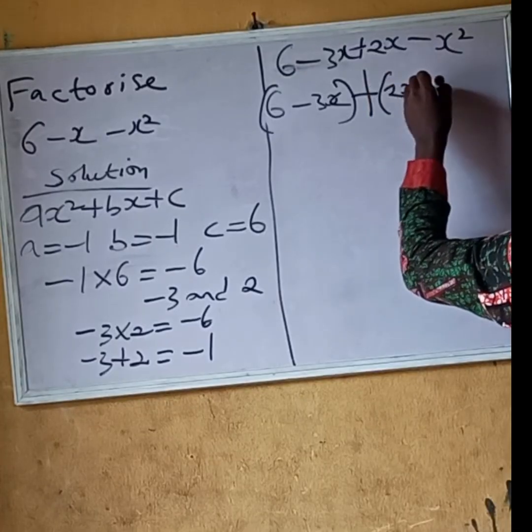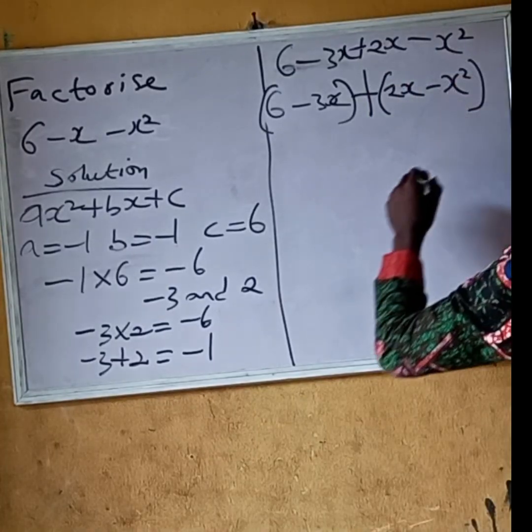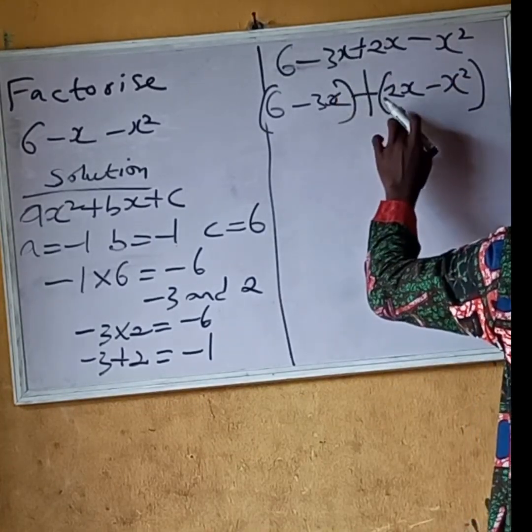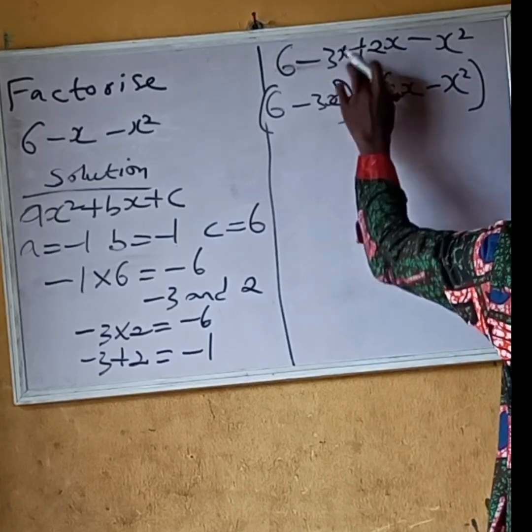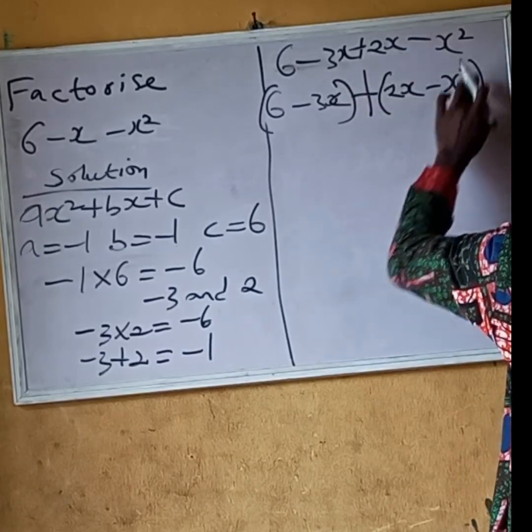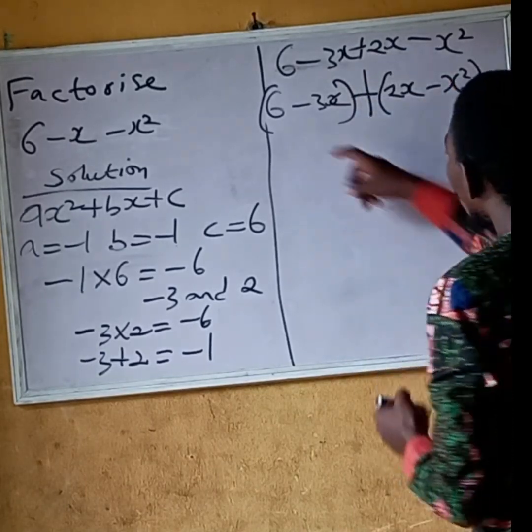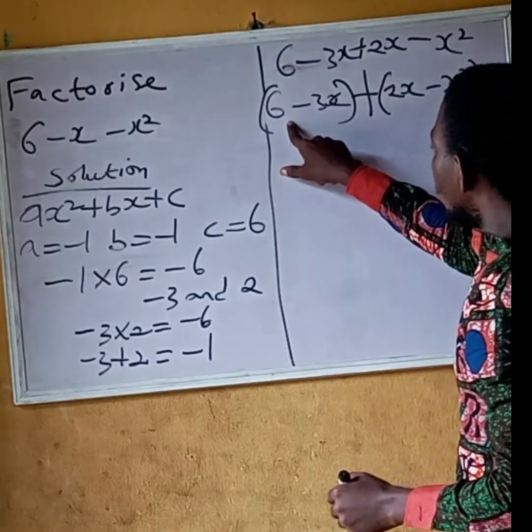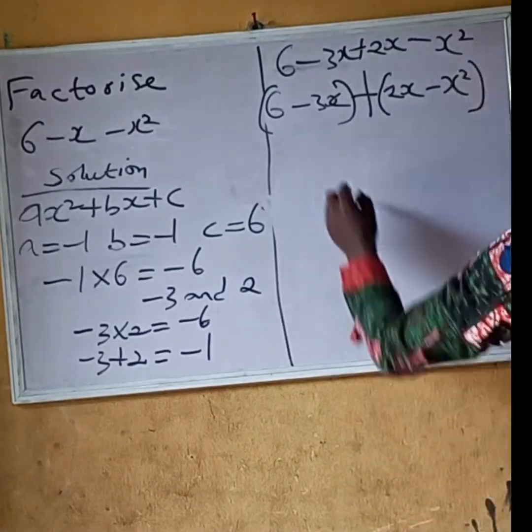2x minus x squared. I'm separating, so I'm using the big plus to separate this plus 2. And this plus 2x is what is here now, plus 2x minus x squared. So now what is common? What is the HCF of 6 and minus 3x? So the HCF,